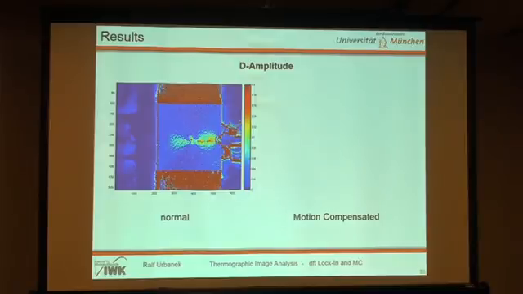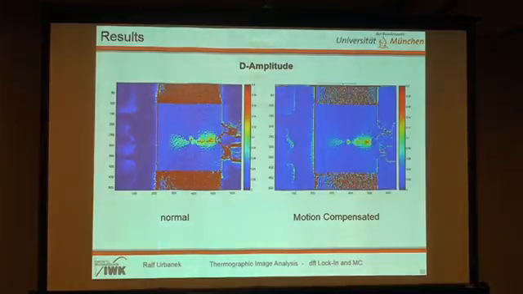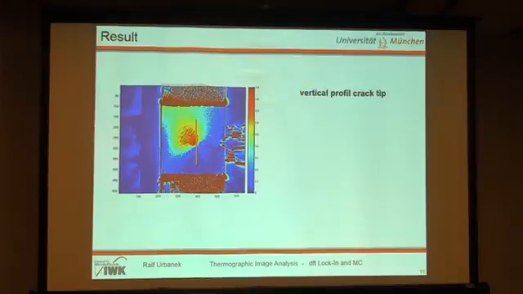Although on the double amplitude, double frequency D amplitude, we have the same reaction. All double images are gone. It's more sharp. You're even able to eliminate a bit the structure of the paint. So, to look more in detail, we took a vertical profile through the hottest place on the specimen, and we'll